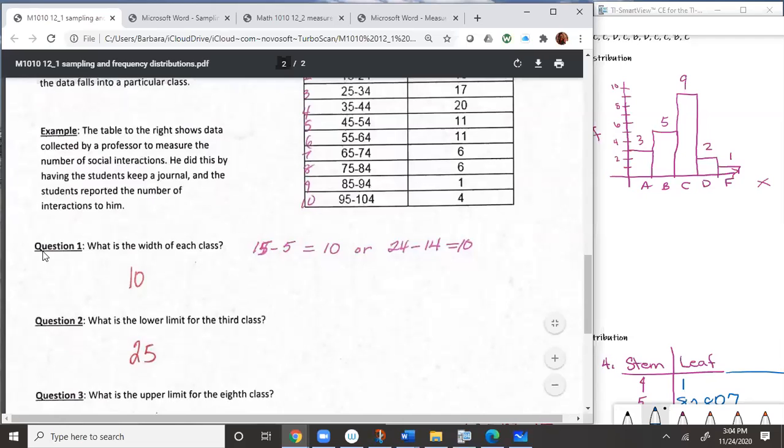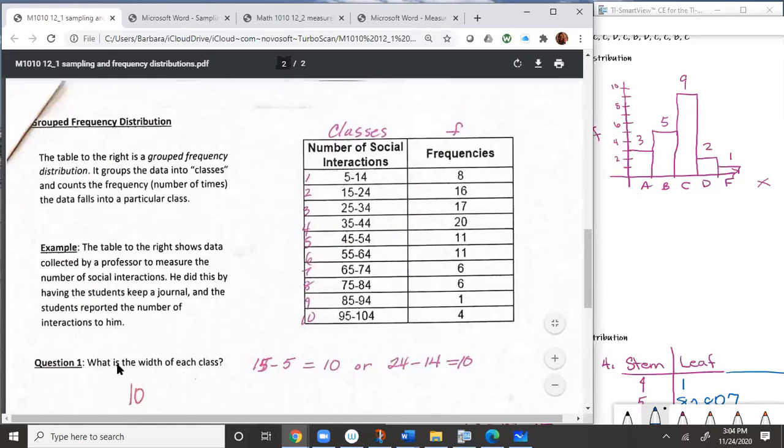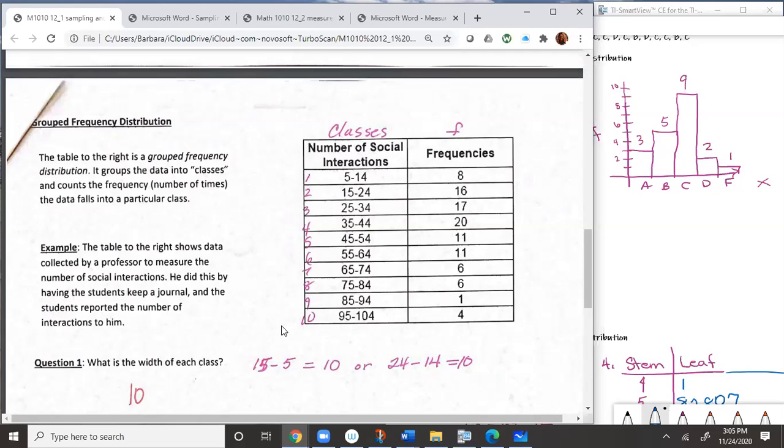In question 1, what is the width of each class? To find out what the width of each class is, we take the lower limit of the second group and subtract the lower limit of the first group. 15 minus 5 will give you the width. So 15 minus 5 is 10. You can take any 2 consecutive groups and